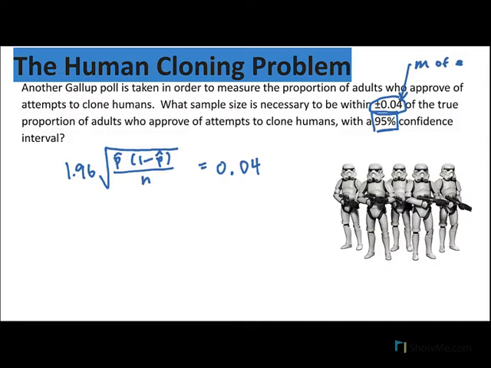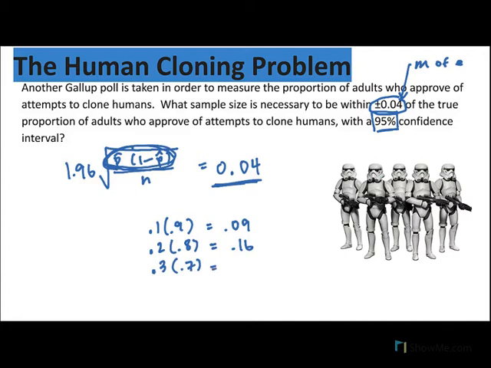So what we do in statistics is we think about, okay, I want 0.04 to be the absolute largest margin of error that I could get no matter what happens in the actual sample. So to do that, I figure out what is the largest possible value I could get on the top of that fraction no matter what I plug in for p. So I'm going to go through some options. What if p was 0.1? 1 minus p would be 0.9, and the top of that fraction would be 0.09. That's not very big. I can probably get bigger than that. So what if p is 0.2? So 1 minus p would be 0.8, and that gives me 0.16. So we've gotten a little bit bigger, and the bigger our p hat gets, the bigger that value gets,